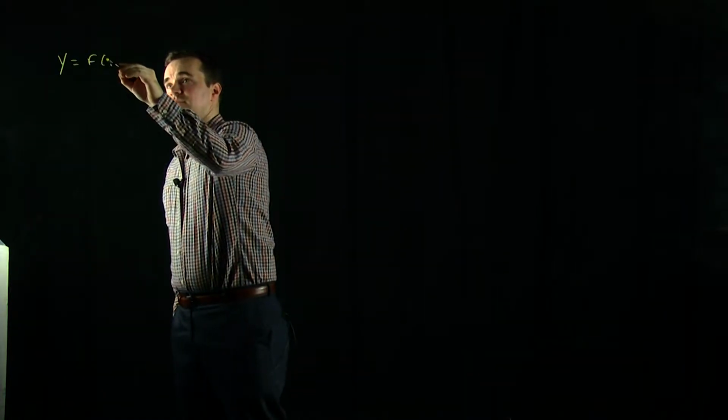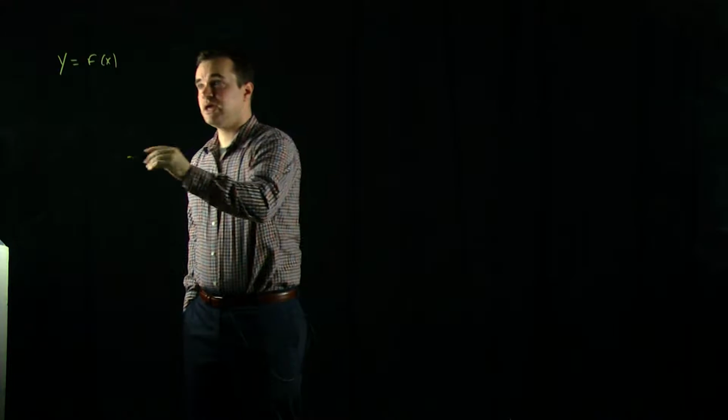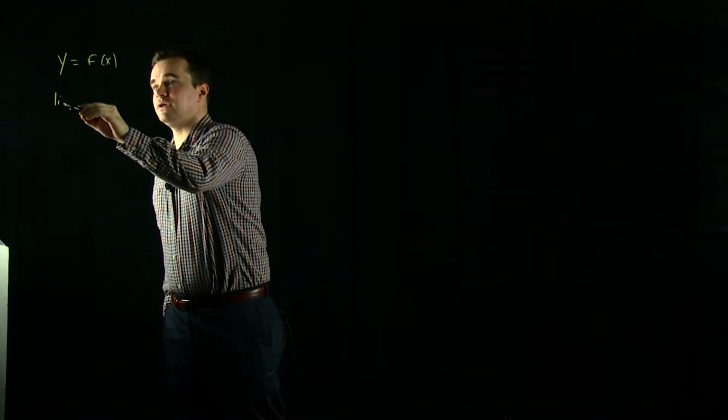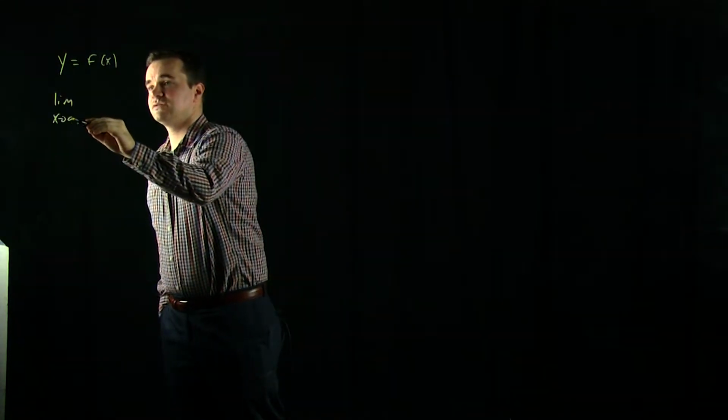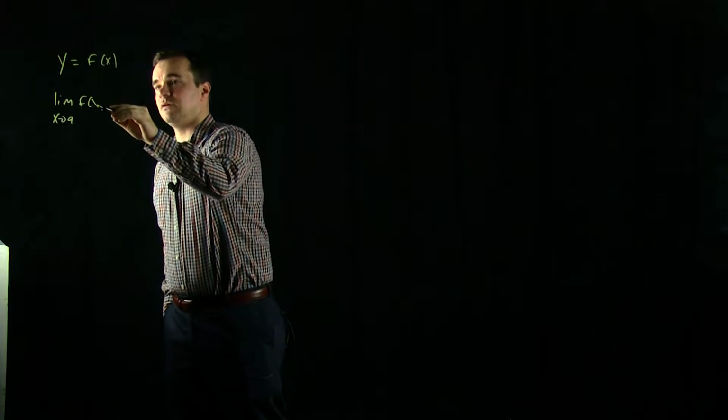Every function that's differentiable is also continuous. Let's see why. So remember that a function is continuous. Let's say y equals f of x. It's continuous at a point a if it's true that the limit as x goes to a of f of x